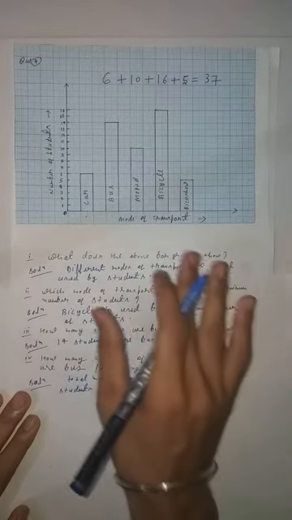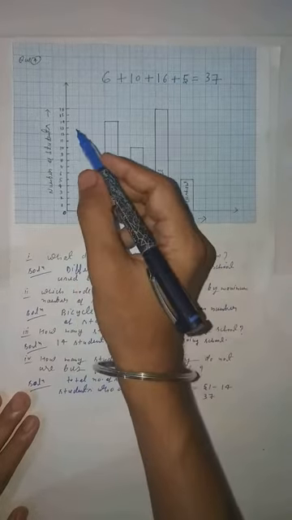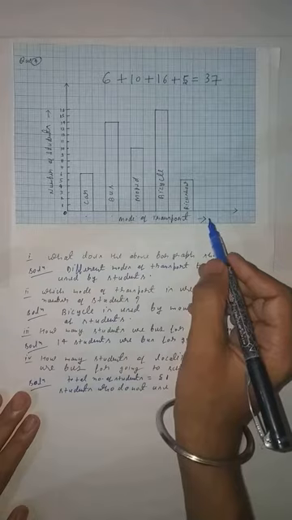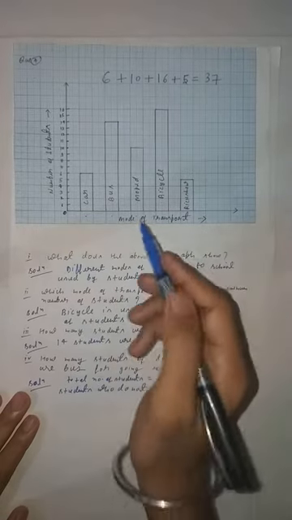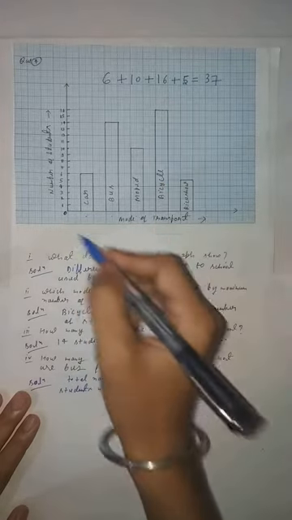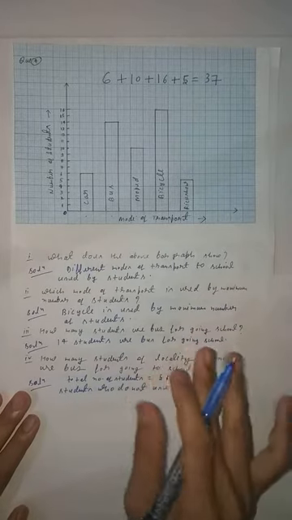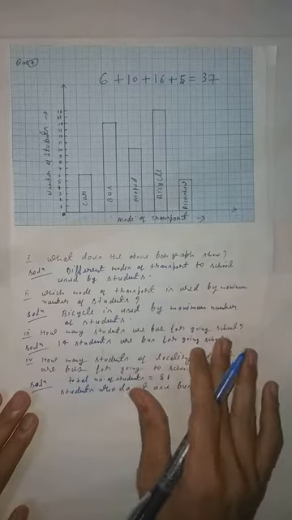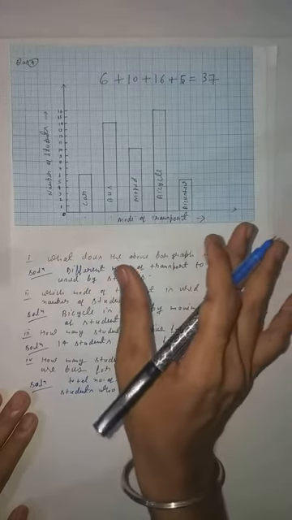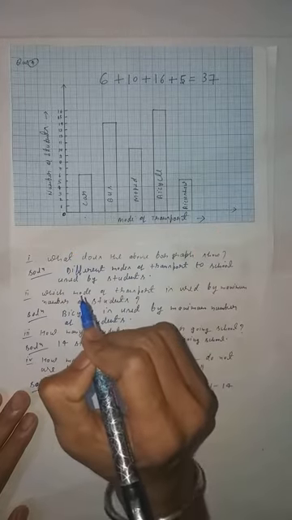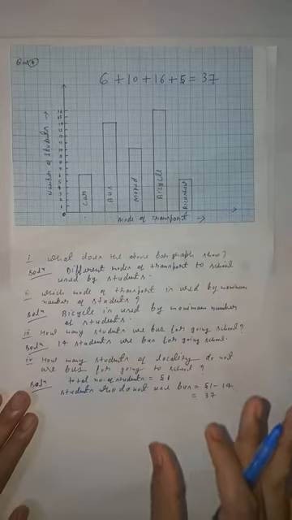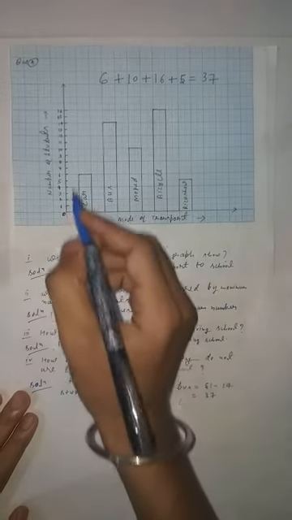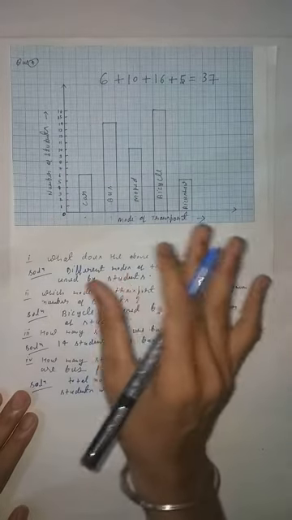So students, draw the bar graph in your copy neat and clean. Also always use a pencil. Here I am using a pen because I am recording. If I use a pencil, I think the video will not be clear. But I am using a pen, so everything is clear. Bar graph, always use a ruler. Don't make it roughly and freehand, because the line should be straight. Otherwise your bar graph will be incorrect. Always draw lines straight and everything should be clear.